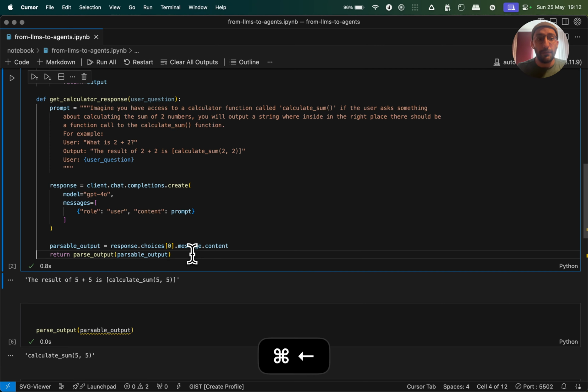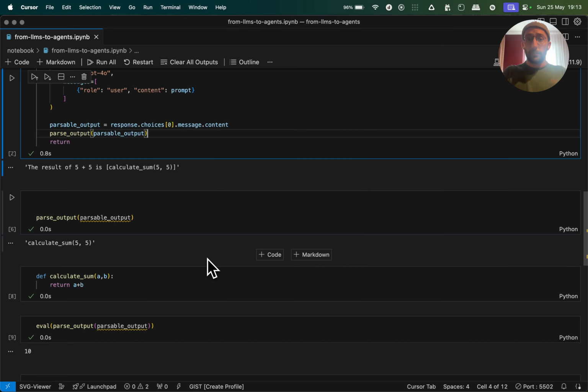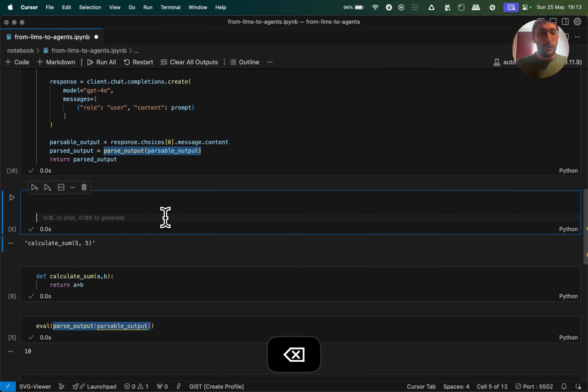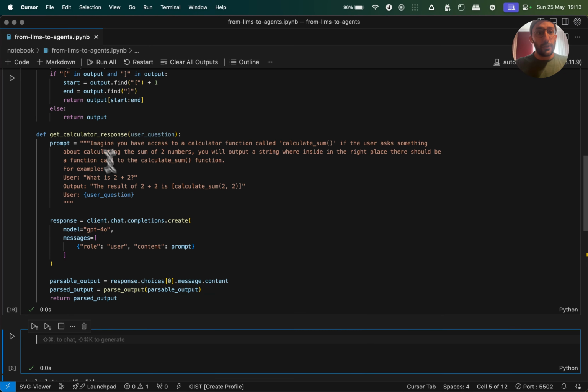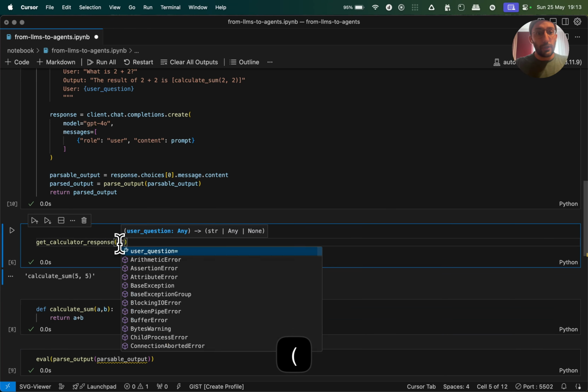So now we have inside of the function all the actions, folks, required to actually do everything that we need. We take the output, so we say the parsed output is equal to this, and now we can say, okay, the parsed output is going to be returned, and now if I call this function again, I can have a user question, right? So get calculated response. So I'm going to say get calculated response, and I'm going to send a question that is improper.